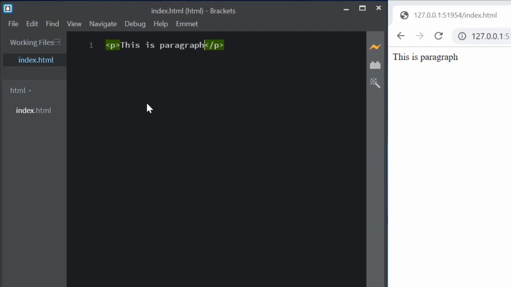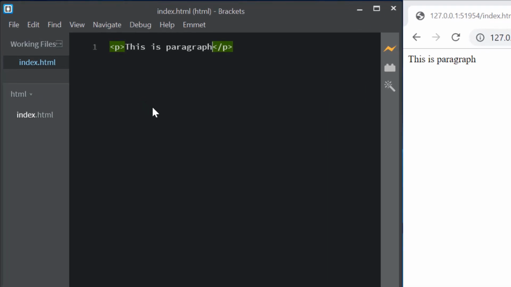However, there are certain elements for which we do not need the ending tag, like line break, which is BR, the horizontal ruler, which is HR, and image elements, etc. Technically, you can put a / here, which is a requirement if you are writing XML, but for HTML5, it is not required. Shortly, we will be talking about those elements which need the closing tags and also about those which do not need them. We will also discuss why certain elements need the closing tags and why there are elements without the closing tags. For now, just remember that the HTML element may or may not have the closing tag.